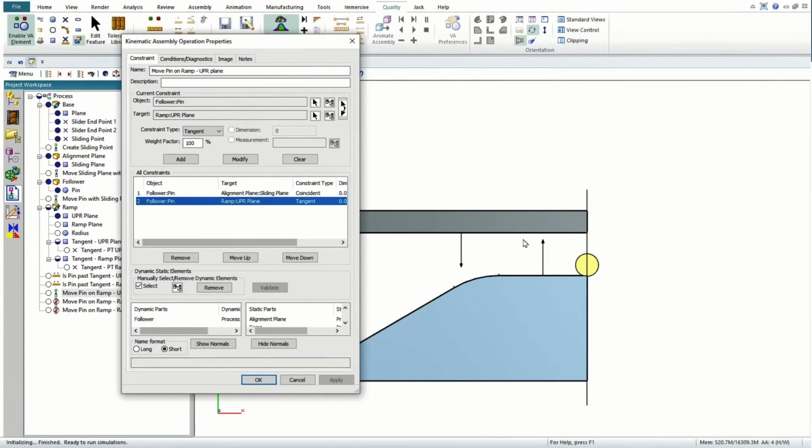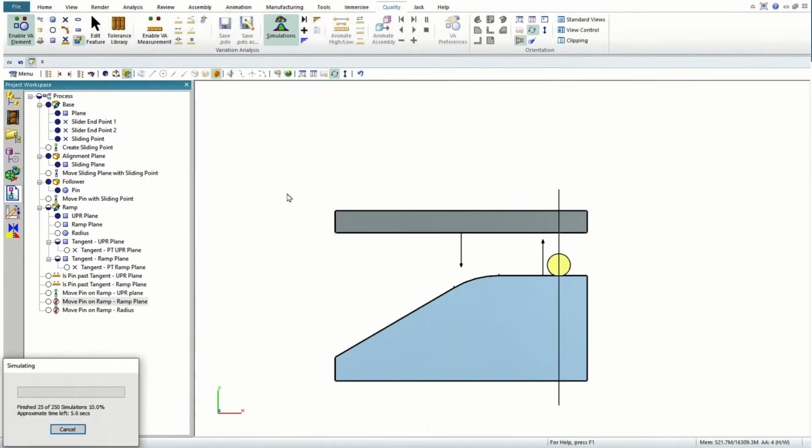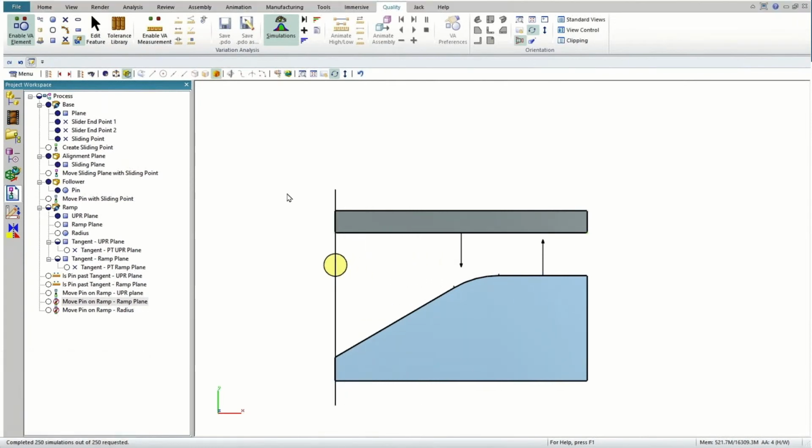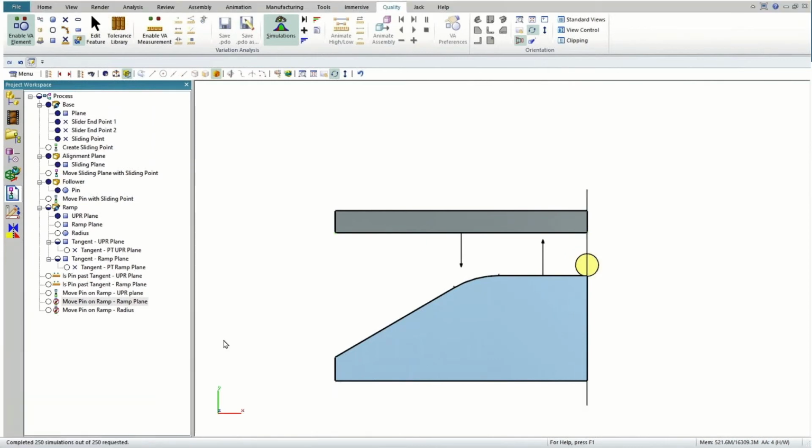You notice it's not on the gray part anymore. It's down to the blue part. And it is still coincident with that sliding plane. But if I run this, it's tangent to that plane and it stays tangent to that plane. Nothing is telling it to deviate from that plane. That plane is infinite. So this pin is going to stay tangent to that plane, even though the plane ends,